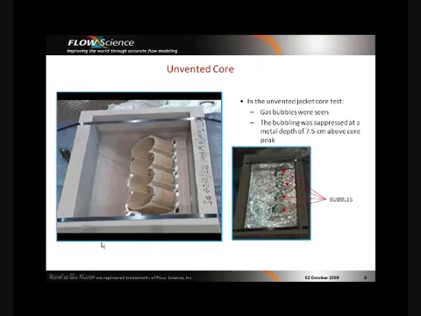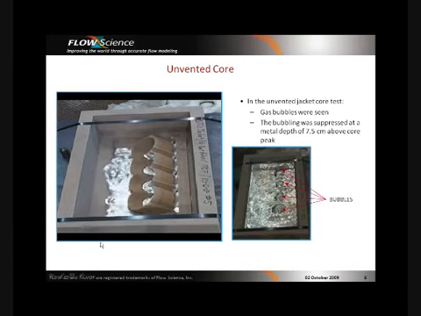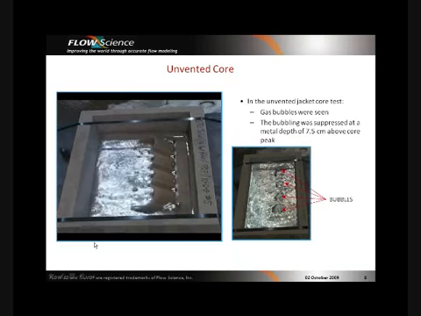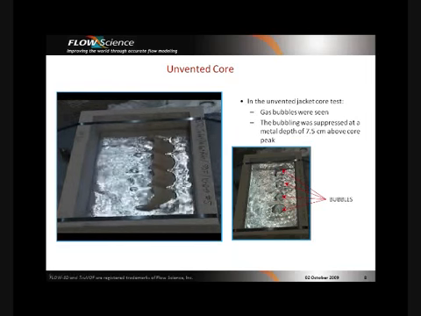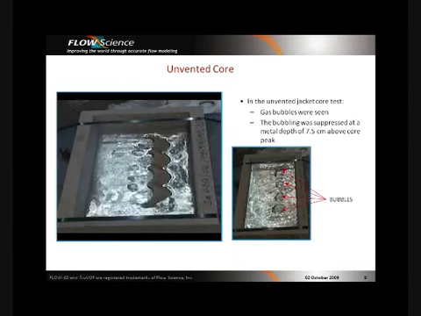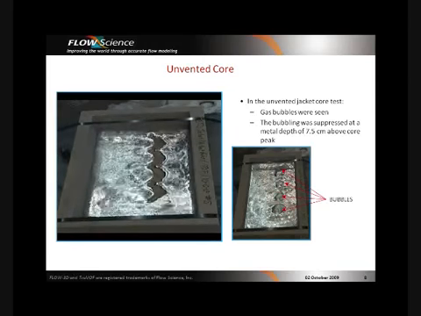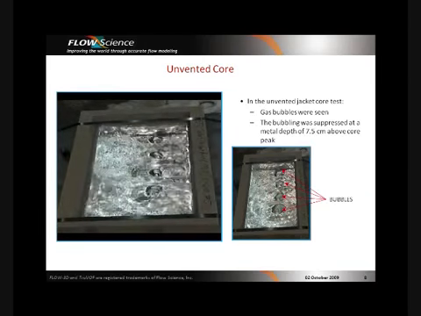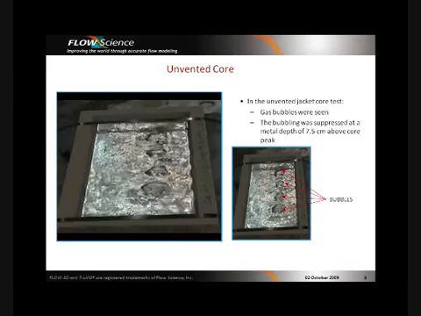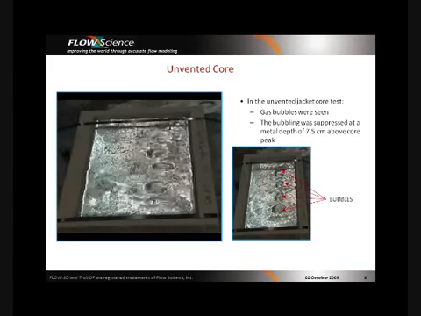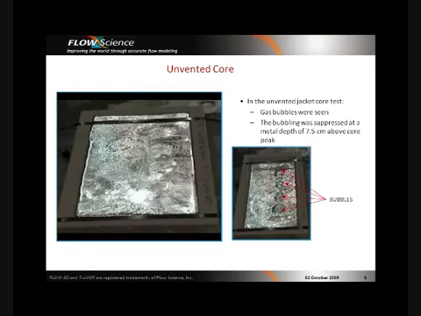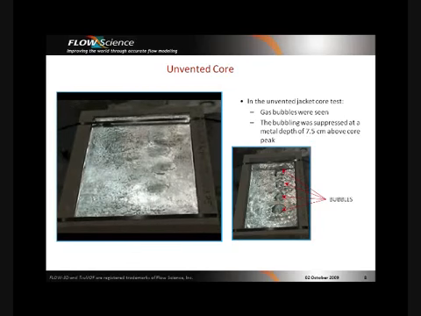A submersion test was conducted at GM on parts of a V8 A319 engine block. Both vented and unvented jacket cores were placed in the open flask mold, which you can see in the video, and bottom filling was done in about 20 seconds. In venting cores, the venting was provided with holes drilled from the prints. These holes were 3 millimeters in diameter and about 90 millimeters in length.